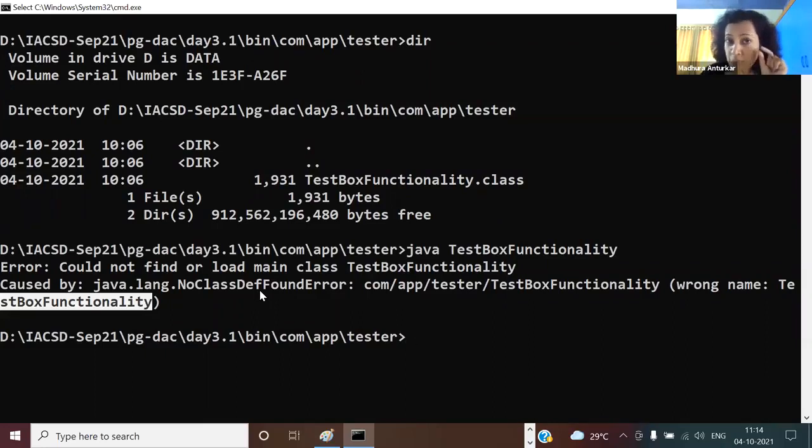So what is the rule? The moment you place the class into a package, can you access it by directly using the class name, or will it be by fully qualified class name? D for direct,